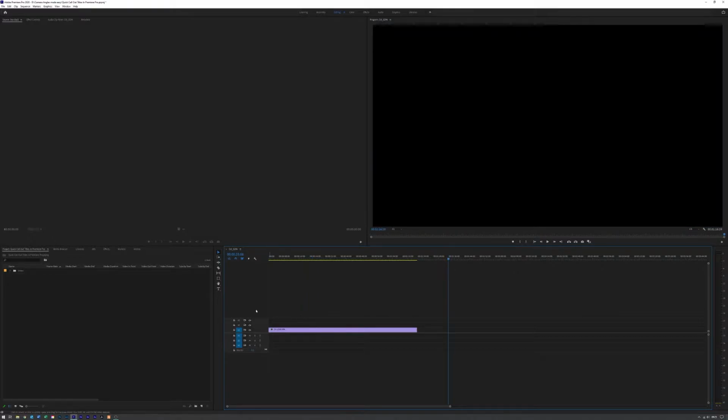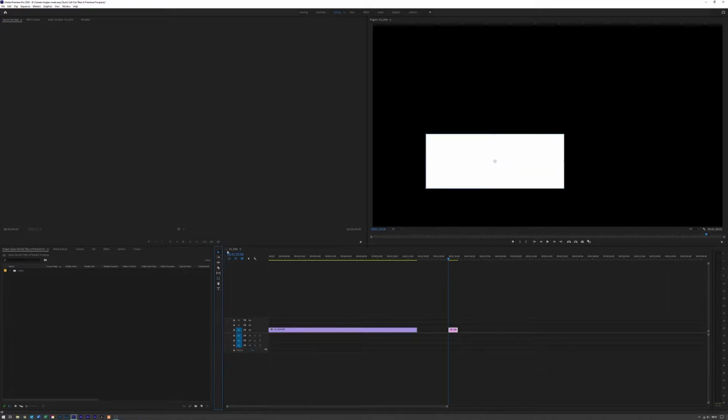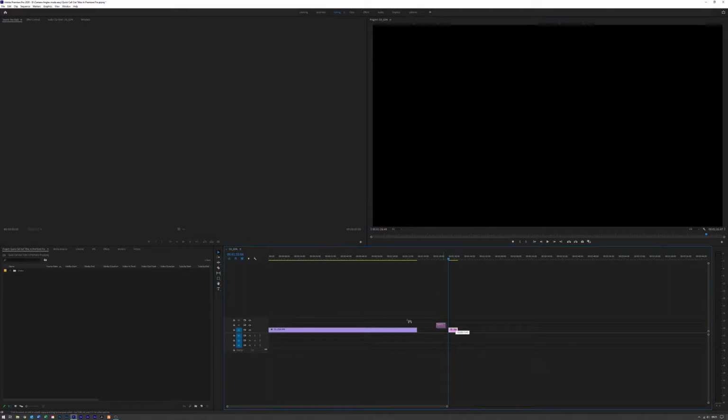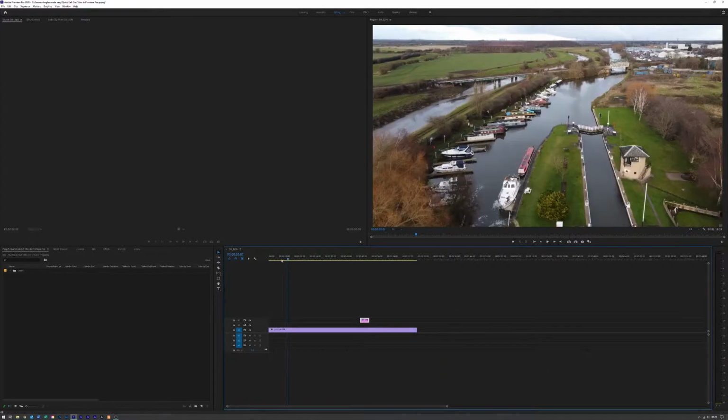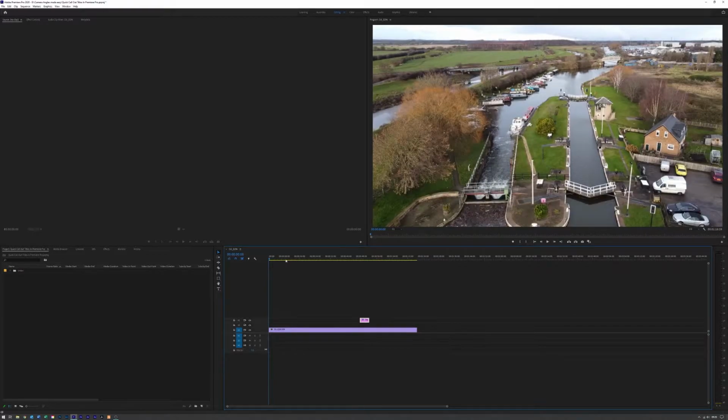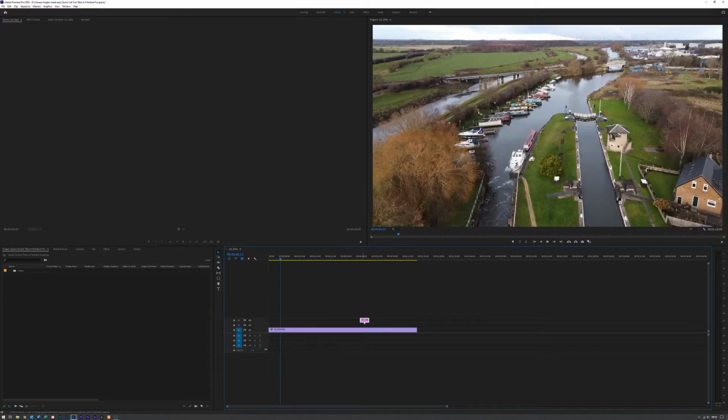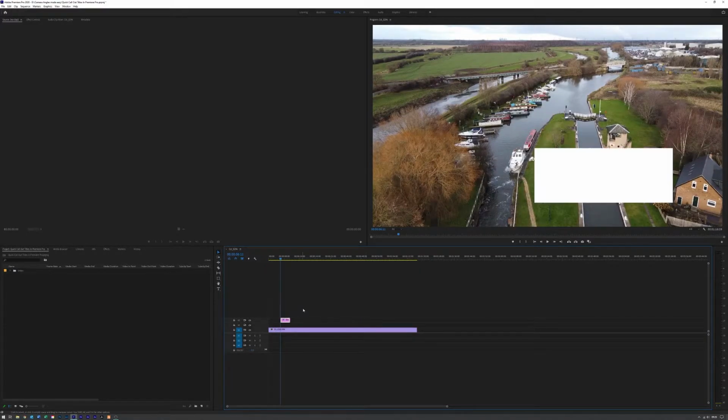So first things first, we're going to jump over here. We're going to go to the pen tool and select the rectangle tool. And we're just going to draw a rectangle on our screen. Doesn't matter how big, however you want it to be. And what we're going to do there is drag that to the place where we want our call out title to come in. So I'm going to bring my call out title in, let's see, I think probably about there.